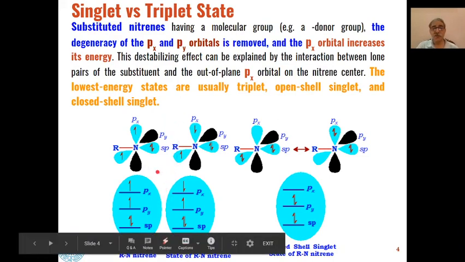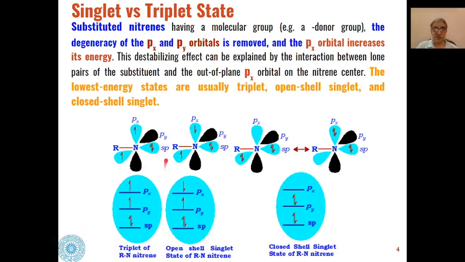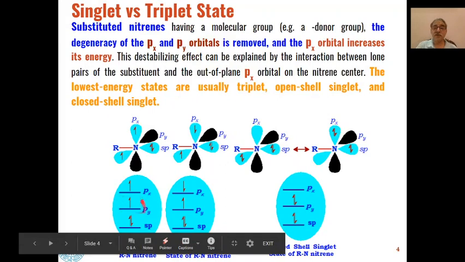So here also you can see that this is the triplet substituted nitrene. Again, two electrons are present in the sp hybridized orbital. One is present in py, the other is present in px, and the spin is parallel in both cases. They have the same direction of spin in the case of py and px. And another type of